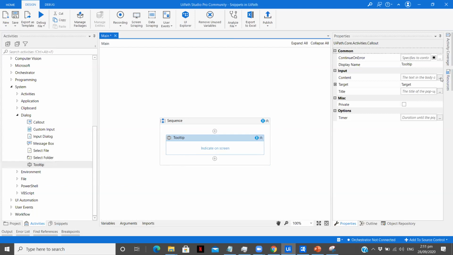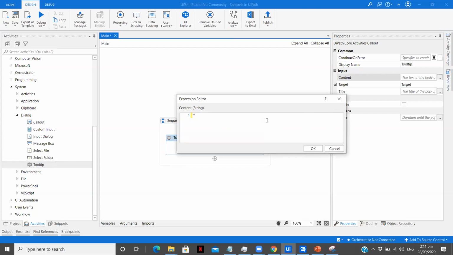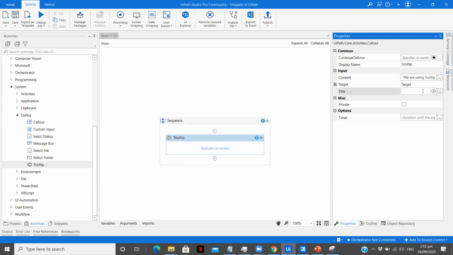Now the content is going to be: we are using tooltip activity. Okay, the UI I'm going to indicate, and the title I'm going to keep as tooltip. Very simple. Now if you see the duration, until the pop-up is automatically closed, whatever duration we give, it will close after that time.